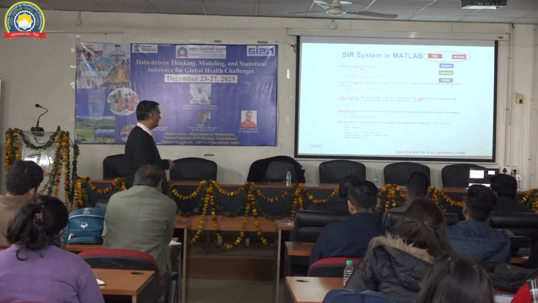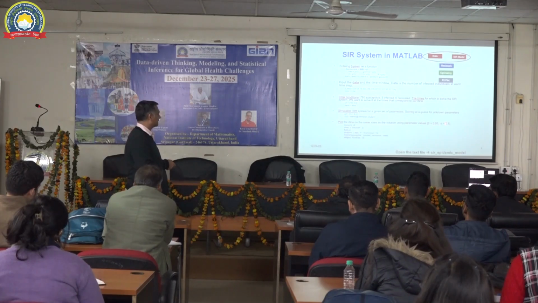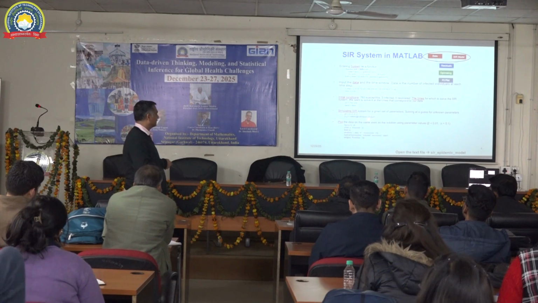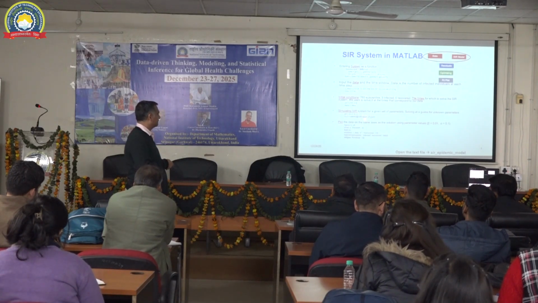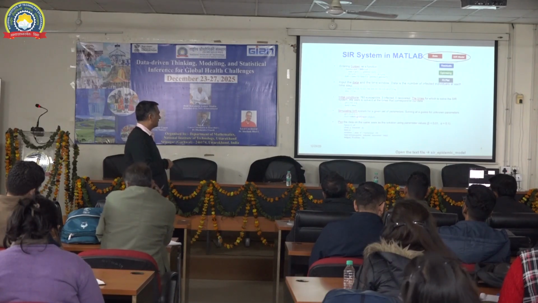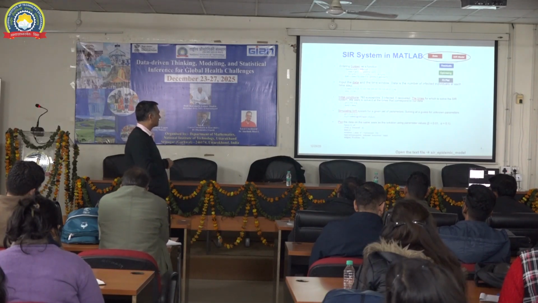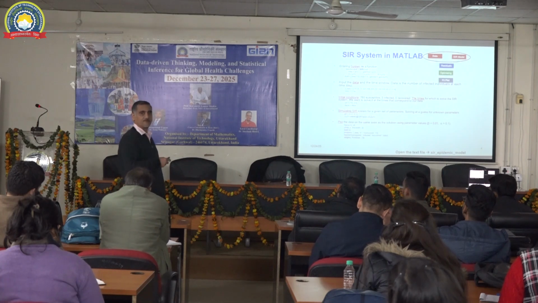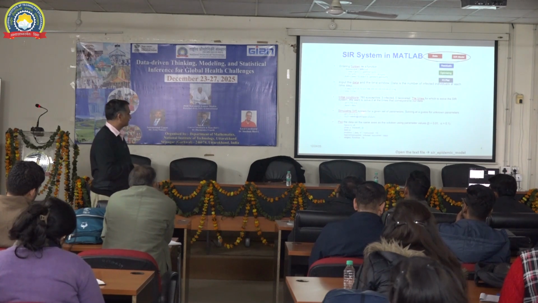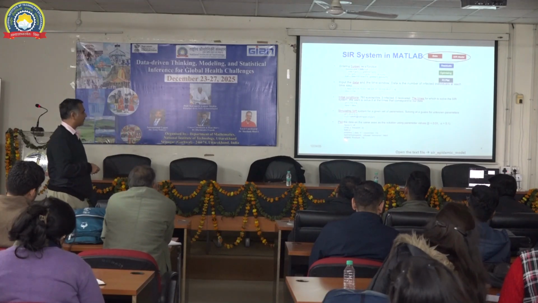So this is the initial value. Beta is this and gamma is that. That goes in as input for the parameters. Y0 is the initial condition. T span is the time. Different times we are taking, 1 to 14. And T final, this time is the same as T span. That is T span. And SIR is the function. Here is the function. So this simulates for one fixed beta and one fixed gamma. This function simulates. And the next is the plotting.